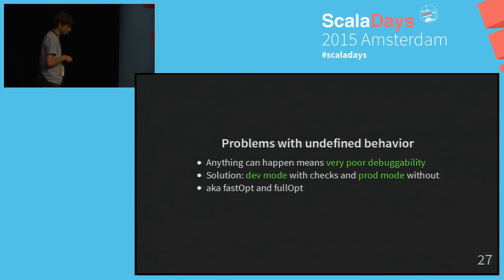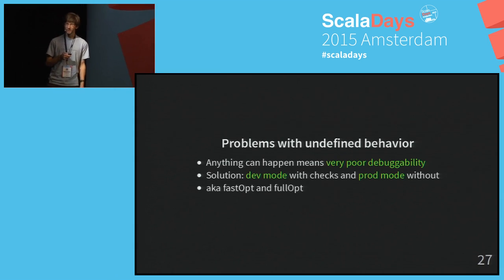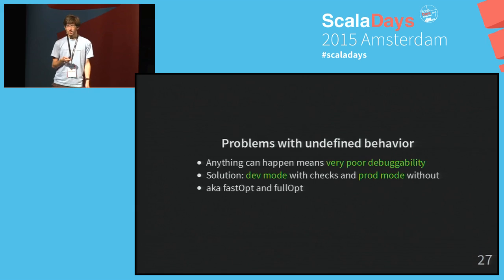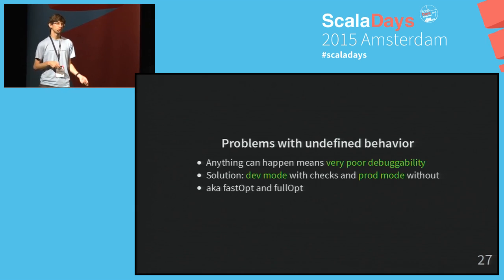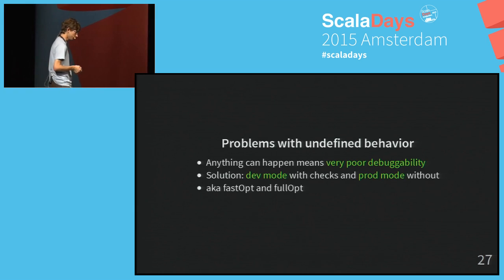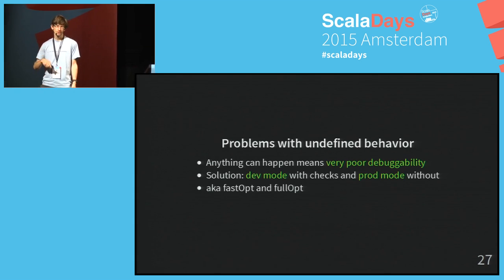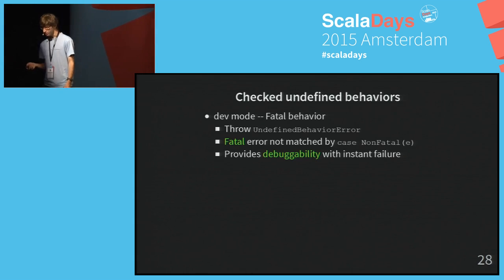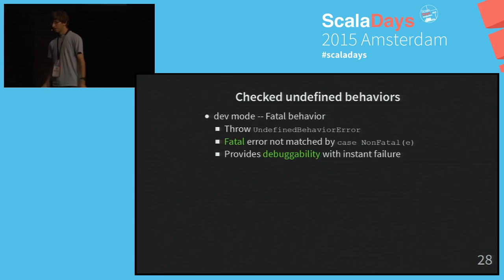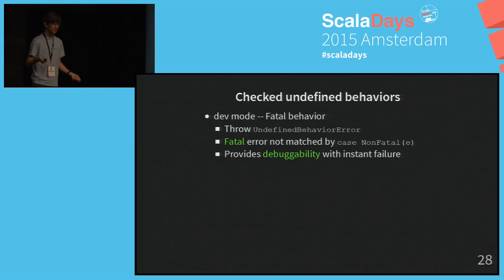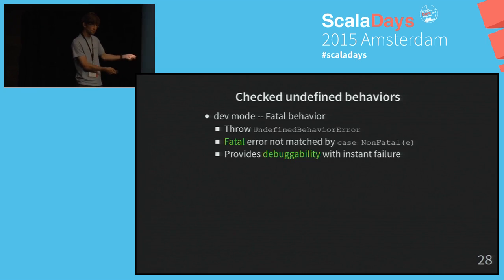So, because we don't want to sacrifice the debuggability of Scala, we have basically two modes. We have a development mode and a production mode, which, if you know Scala.js, is what we refer to as fastOpt and fullOpt most of the time. So in dev mode, you will get the checks, and in production mode, you won't get the checks. So by default, in development mode, you are in the fatal behavior, and it will do the checks, but you won't throw a class cast exception. Because imagine if it does throw a class cast exception, and you rely on this, then it becomes broken when you go to production, so you don't want to do that.